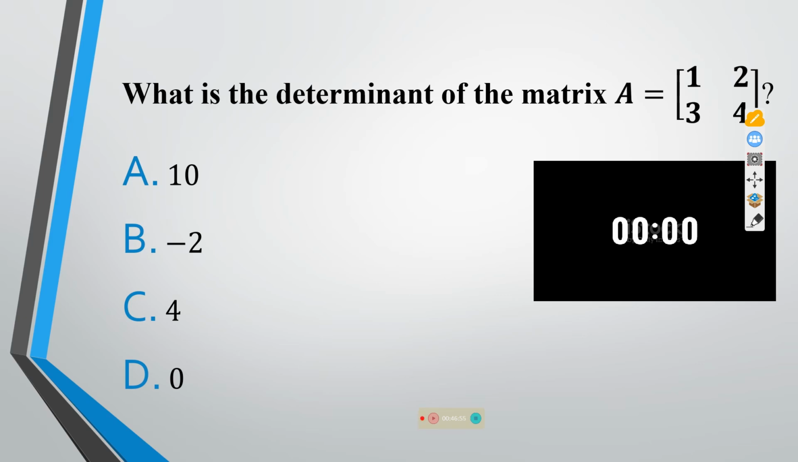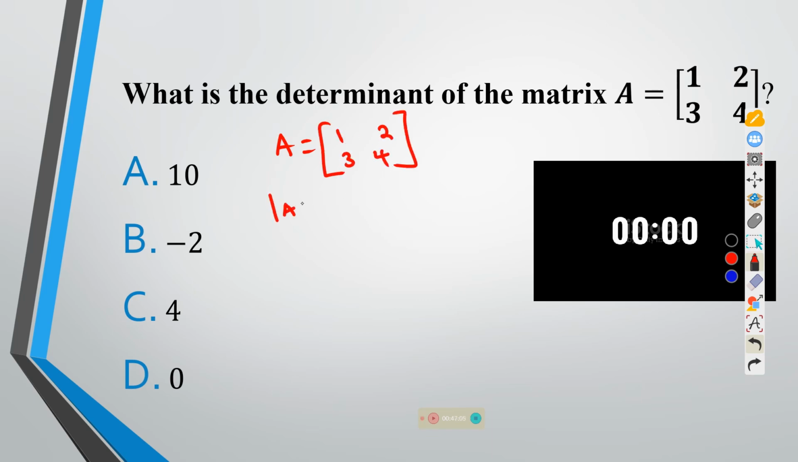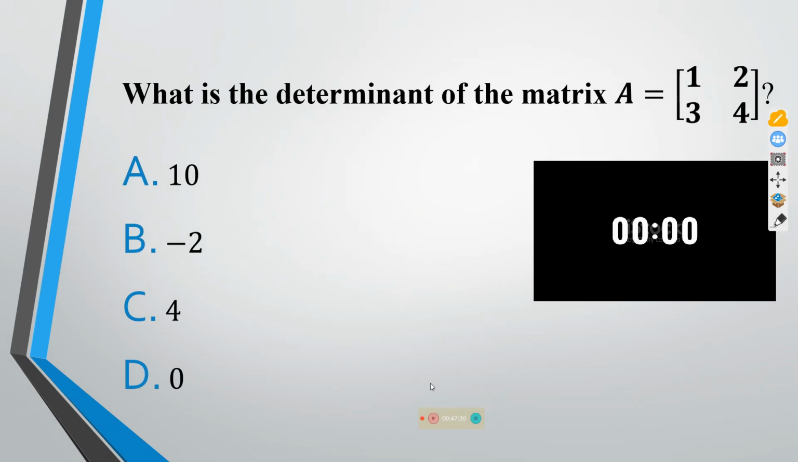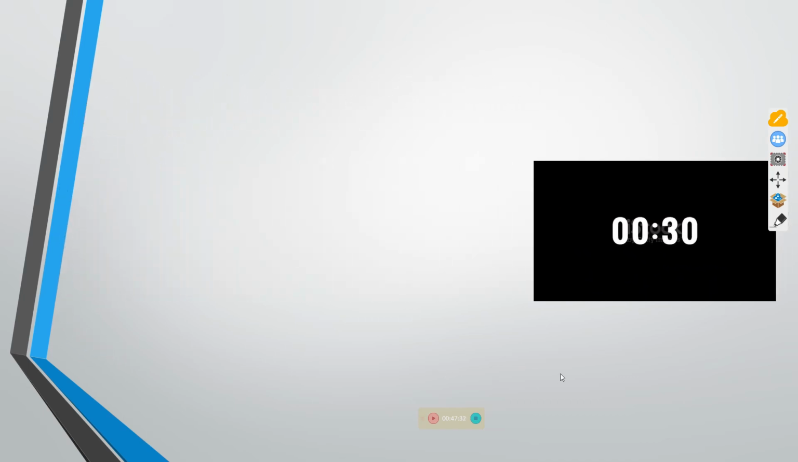So we need to obtain the determinant of this matrix. The matrix is A, which is given by 1, 2, 3, and 4. So we need the determinant of A. Determinant is the same as multiplying the elements in the major diagonal, 1 times 4, then you subtract 3 times 2. So this is the same as 4 minus 6, and this is negative 2. So negative 2 is B, and that will be the required answer. So looking at the next question,